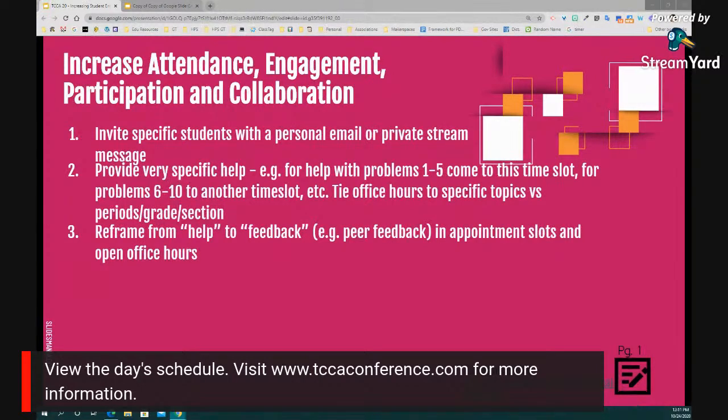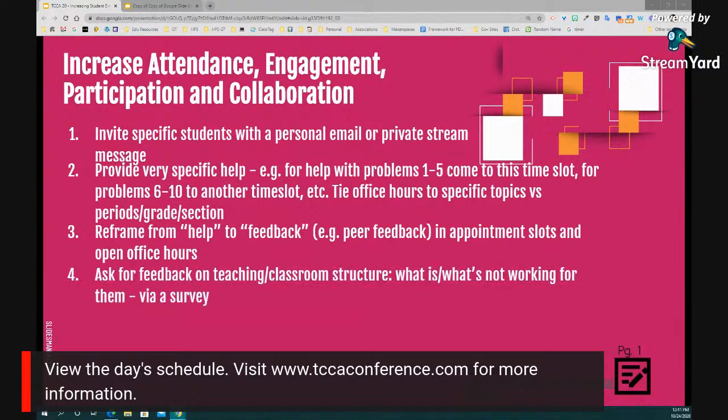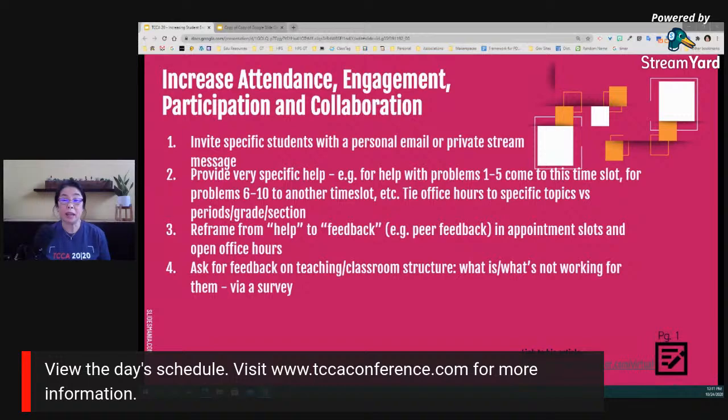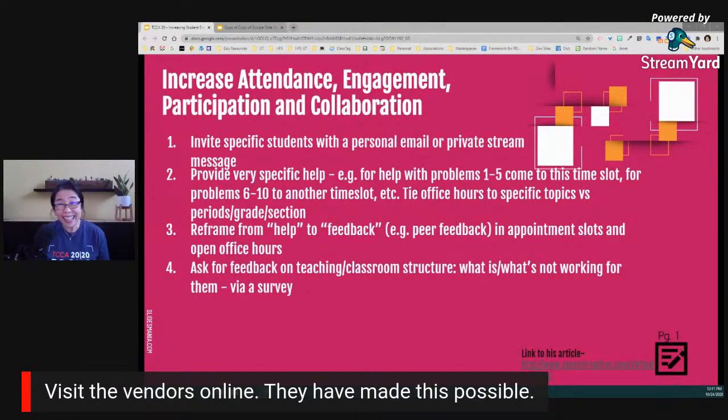And then for number 4, again, if you see that your participation or engagement is really low in your class, just be open and ask for feedback. Ask your participants to give you feedback. And I would recommend you do that through a survey, especially an anonymous survey. That would be the best, right? You get the most honest feedback, and that's what you need to be able to hear. Because only when we get feedback, that's how we can improve, right?